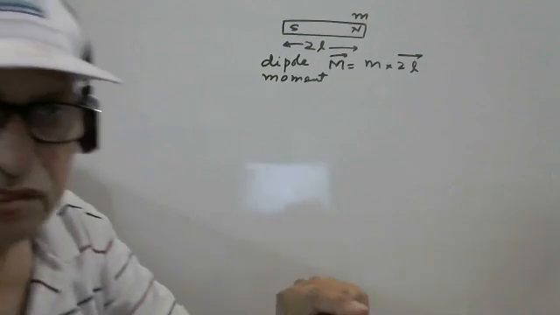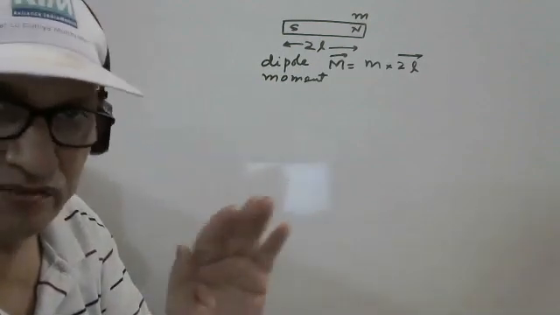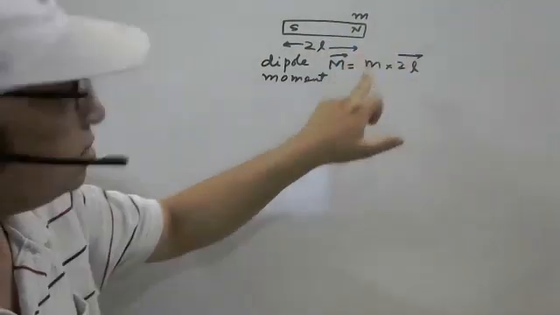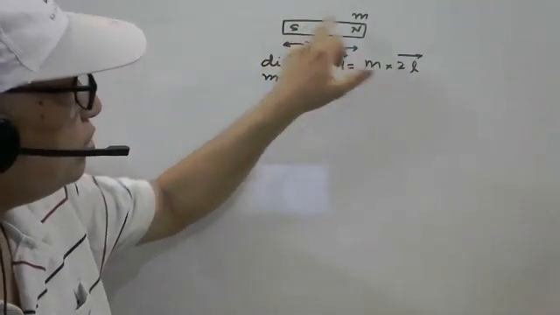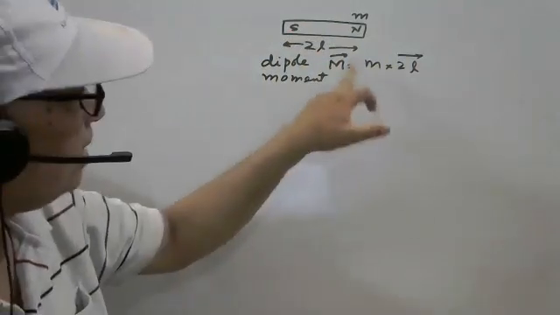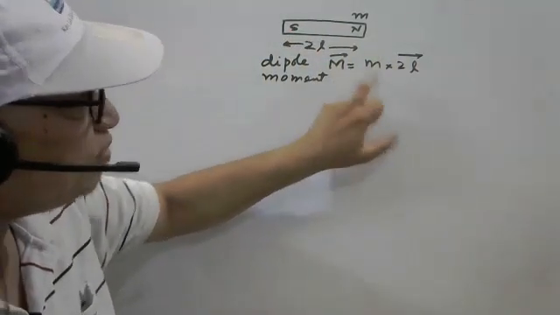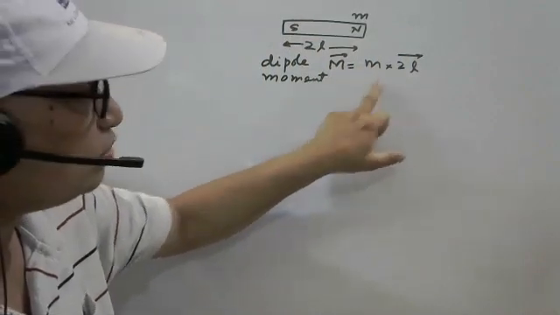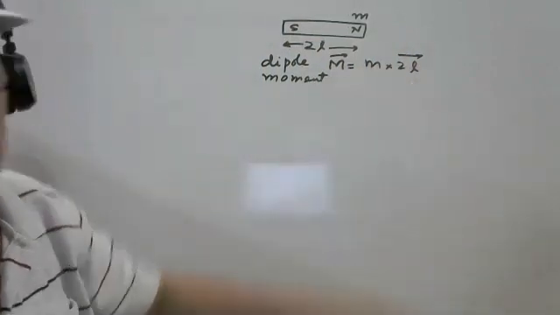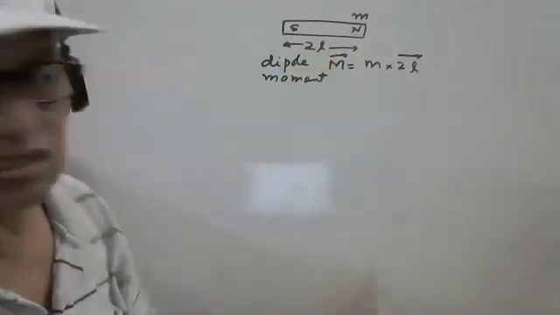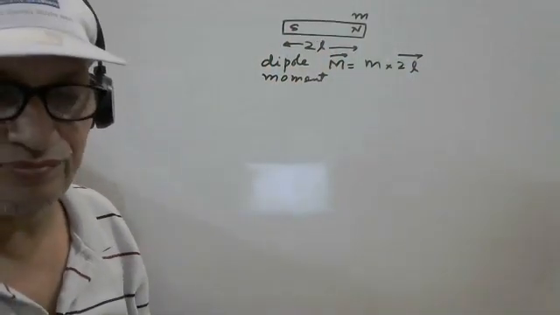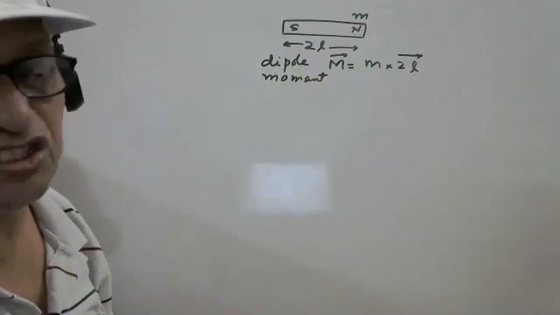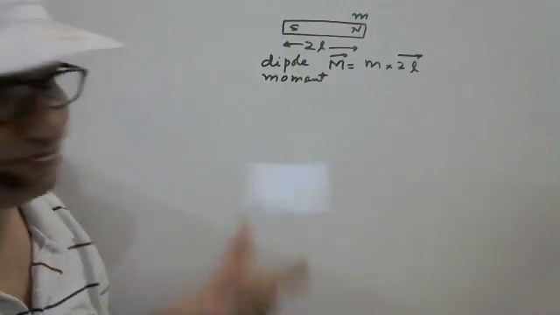Now we are not talking about the electric field, we just discussed the comparison. So this is the south pole, this is the north pole. The direction of the dipole moment M is from south pole to north pole, and M is given by small m into 2l. Small m is the pole strength, capital M is the dipole moment. They are two different things. And 2l is the length, called the magnetic length. Now, let me tell you, the magnetic length is different from the physical length.